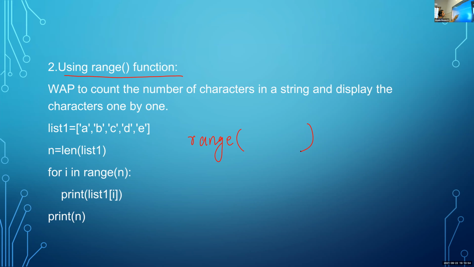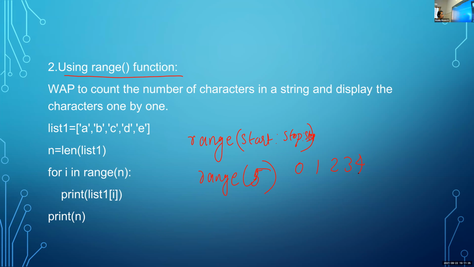According to the range function, 3 values are there: start value, stop value, and step value. Or we can do it like this also, range of 5. What is range of 5? Sarah, what is range of 5? 1, 2, 3, 4, 5. No, it is starting from 0, and this 5 is excluded. So the result is 0, 1, 2, 3, 4.